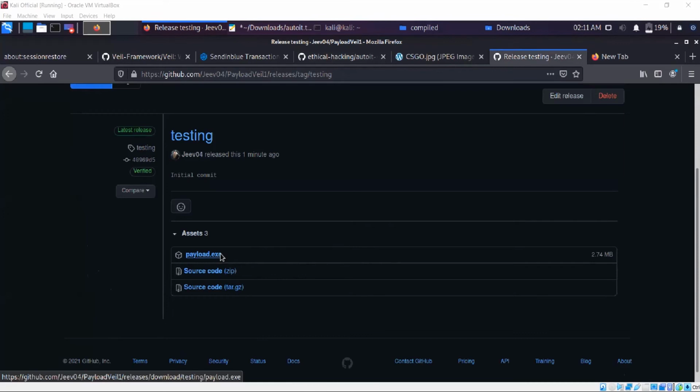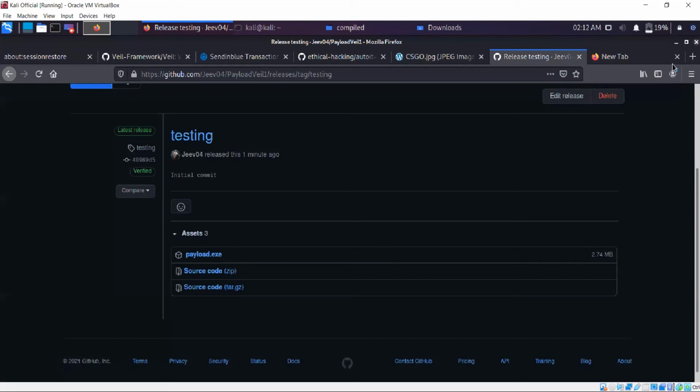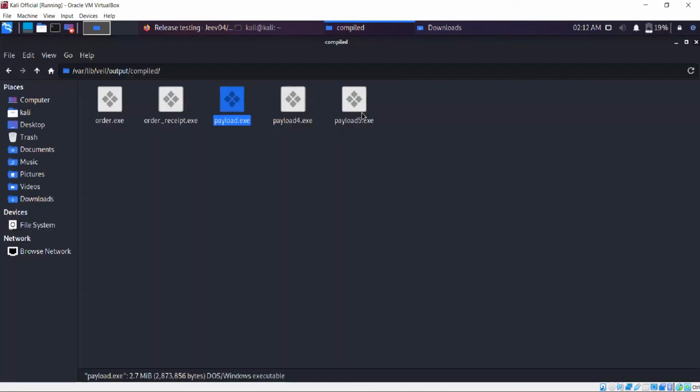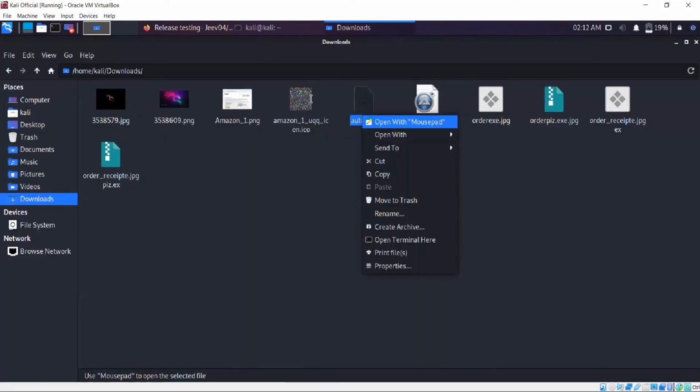So, going forward, click on the copy link of your payload.exe. Go to your file. Instead of URL2, paste it and save it. So we are done with this AutoAid.exe. Now go to download once again. I will open AutoAid just to show you that the changes have been made.